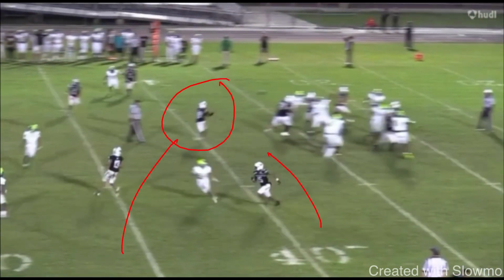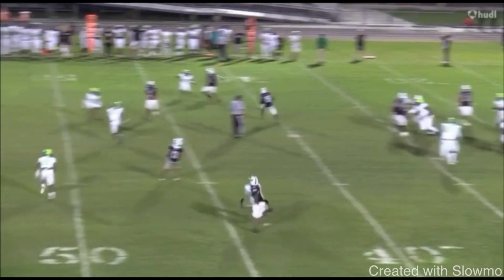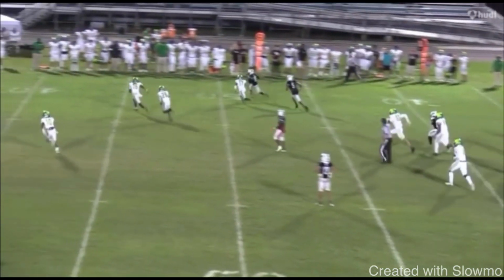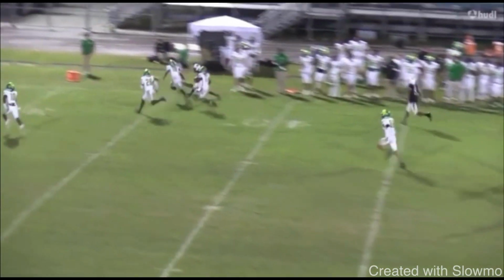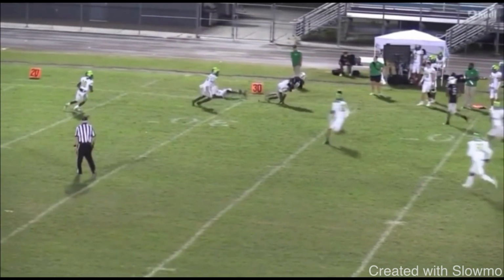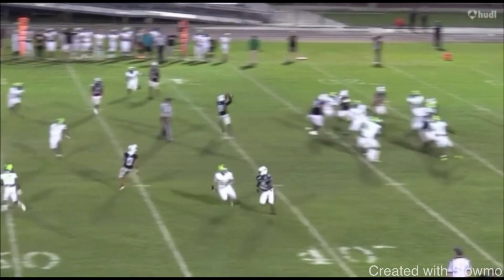He's wide open. He's coming over the middle. And I understand, I'm not trying to bag on this guy, because these may be the only plays that you have to showcase on film. But this was his third or fourth play on the highlight tape. If I'm a college coach and I see this, I am thinking that I probably have thousands of other wide receivers across the country that can all make this exact same play. Thousands of receivers across the country that can catch a drag, turn it up the sideline, and then get tackled after a 20-yard gain, right?